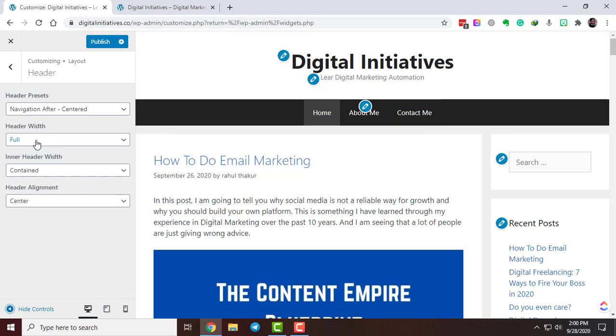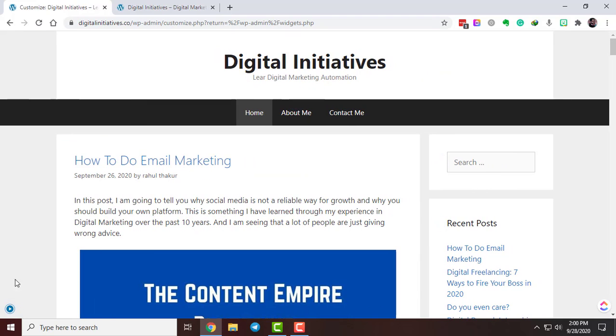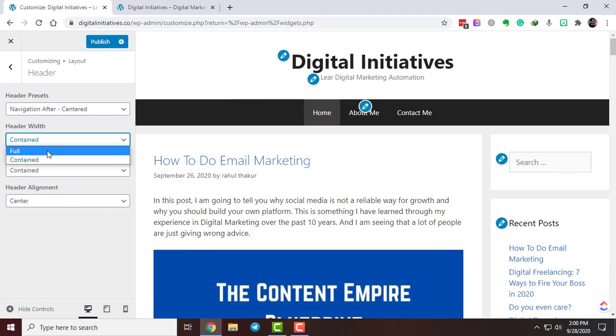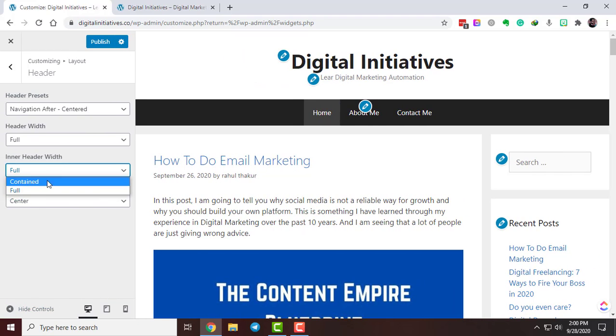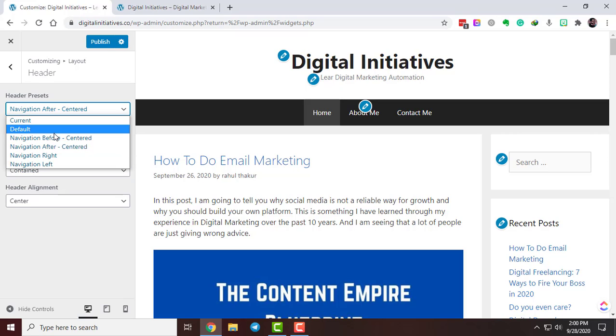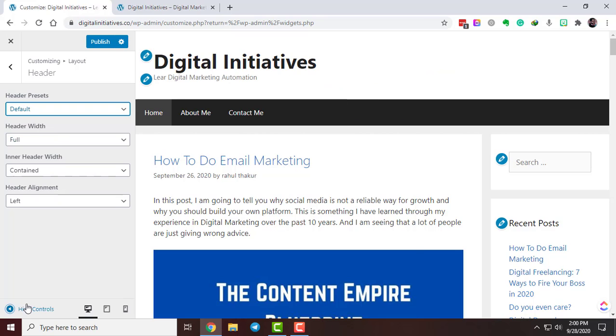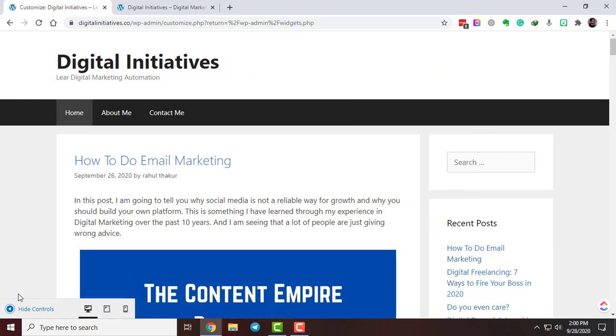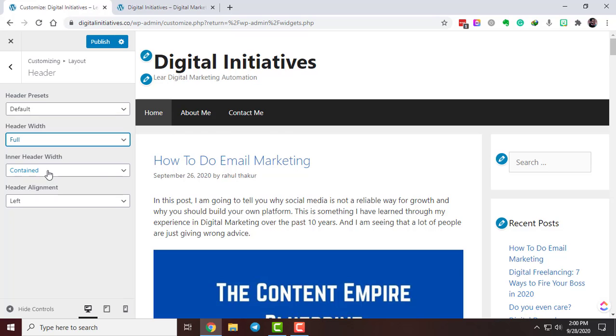And the full bar width, you can see the changes. And inner header, let me show you the changes. Let me make it default right now. And now when I go ahead and make it header with full, you can see